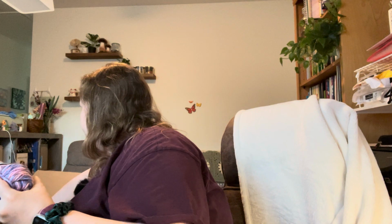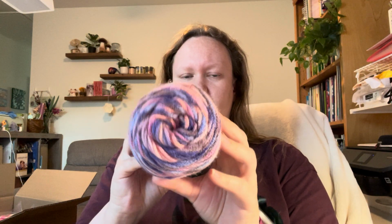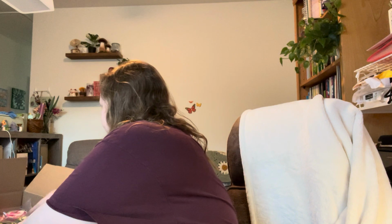And then I just have a few miscellaneous Big Twists. I've got Big Twist Value. I've got Happy Rainbow, Unicorn, no, Mystic Mermaid. And then I've got this really lovely purple Perplexed. And then the rest of this box is